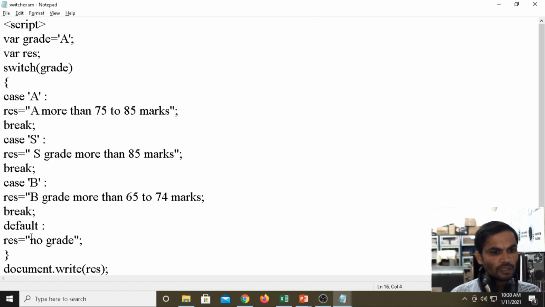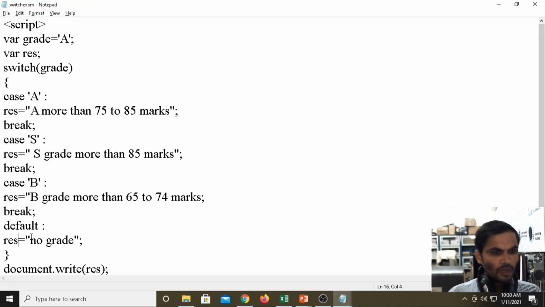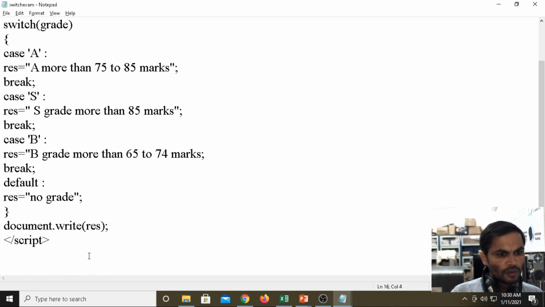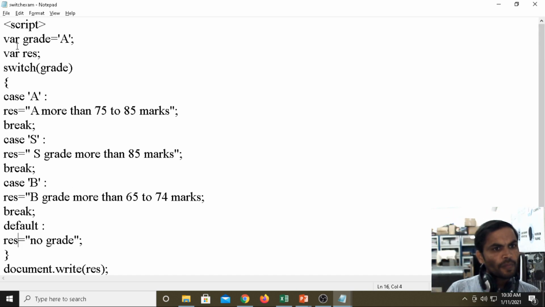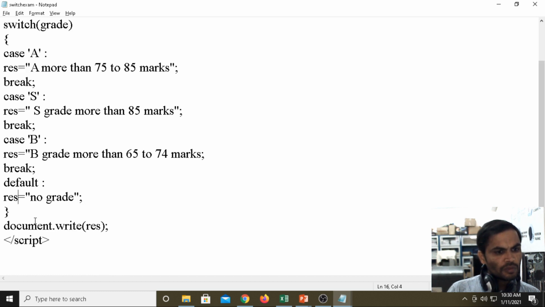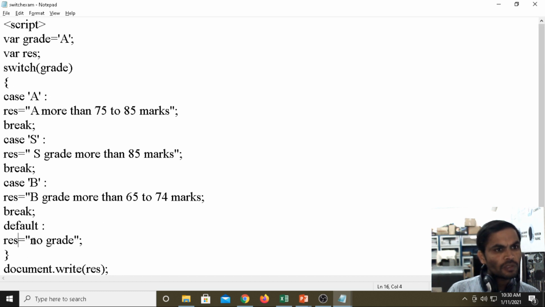Control S. And now close the tag properly. Document dot write, where I did the mistake. The script closing is script closing.